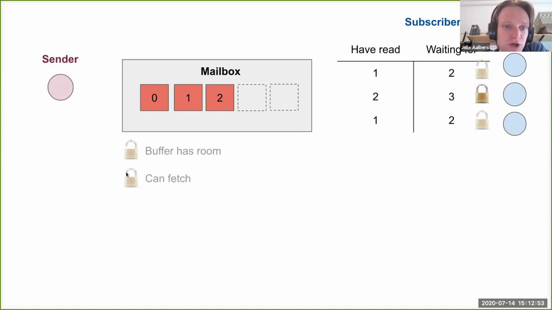There's also 2 locks over here, which apply to the sender. So the buffer has room, so that's not a problem. And we can fetch. So that is somebody's actually waiting for the next message that we would fetch. So this number 3, somebody's waiting for that. So we are allowed to fetch. And this is part of the